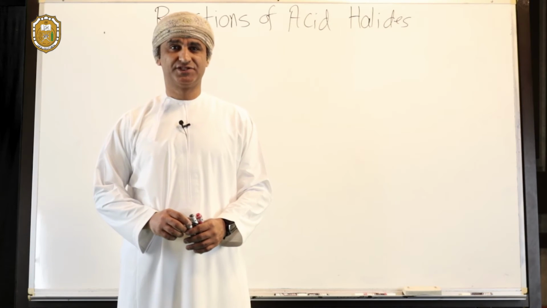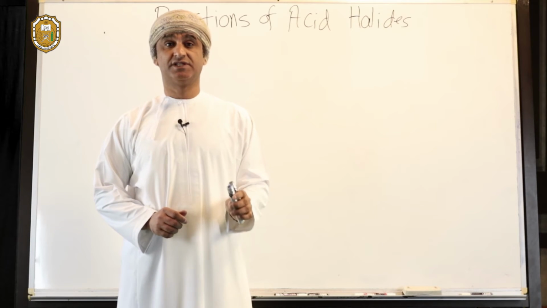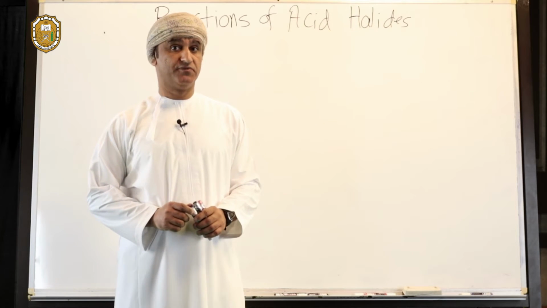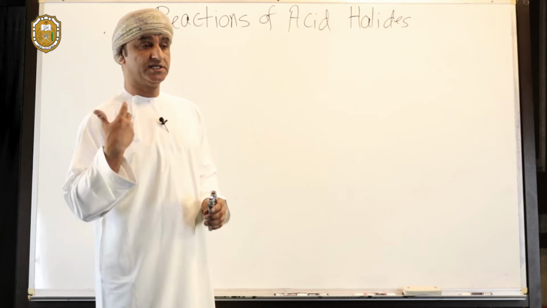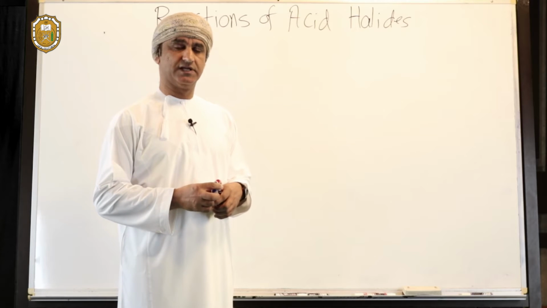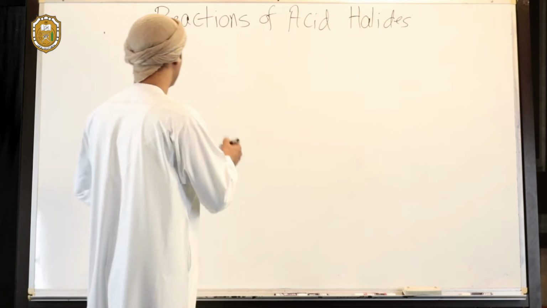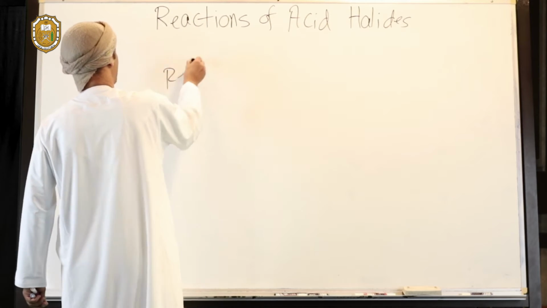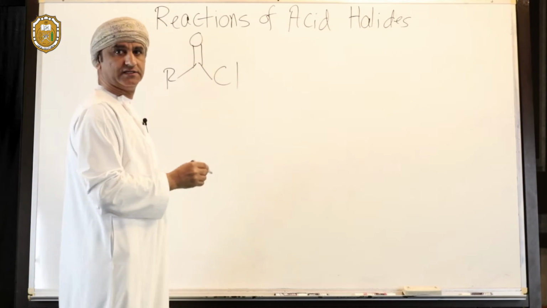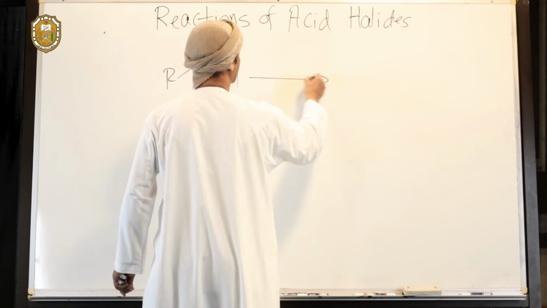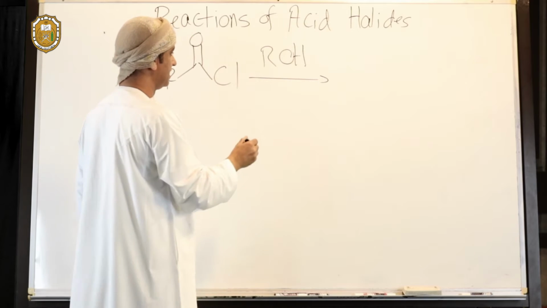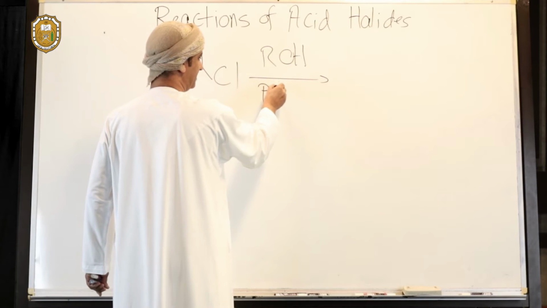The other interesting reaction of acid chlorides is their conversion into esters. Let's draw a general scheme for that reaction, and then we will see how we can postulate a mechanism for that nucleophilic acyl substitution reaction. So this is a general structure for an acid chloride. The acid chloride is then treated with an alcohol, ROH, in the presence of pyridine,